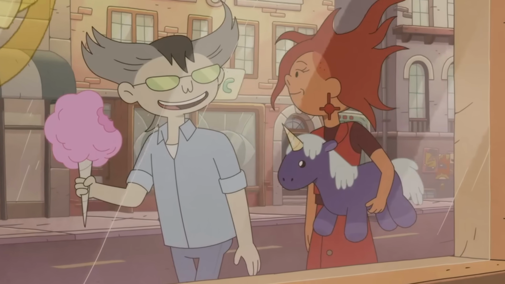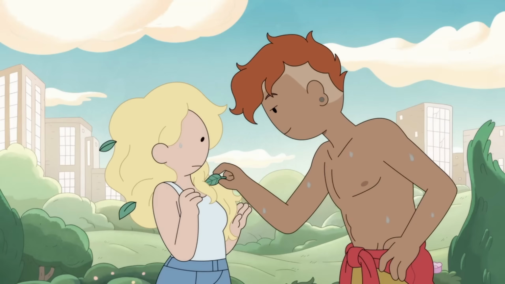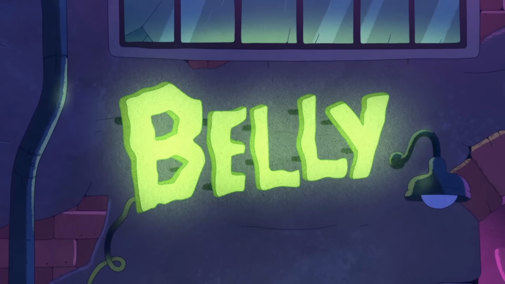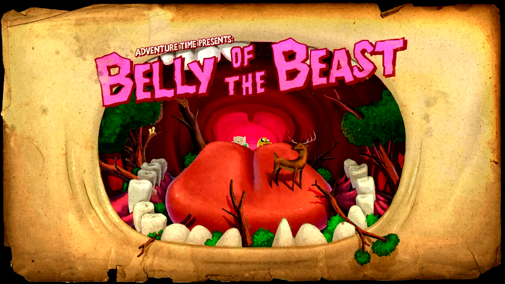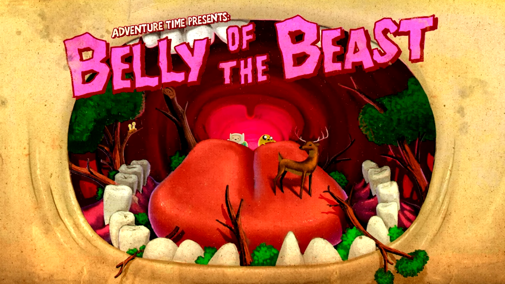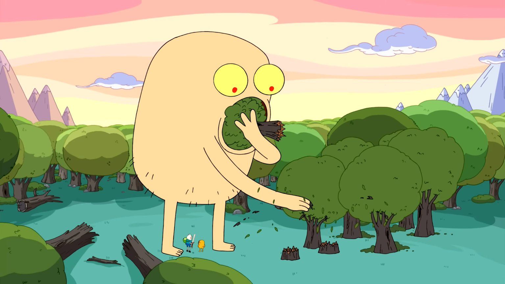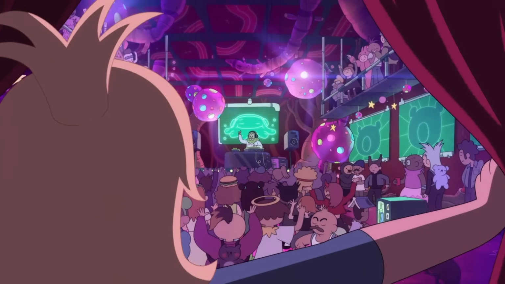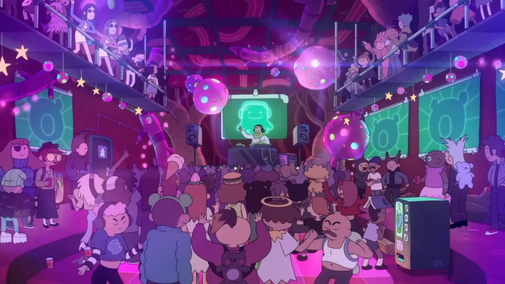Speaking of spicy moments, they're going clubbing, and as we know from earlier, they are going to DJ Flame's set at the belly. Now, what is the belly? Well, if you remember back to the original Adventure Time series in season 2, episode 21, Belly of the Beast, inside the belly of the beast is a massive rave going on. And sure enough, inside of the belly, a massive club with a lot of people who you could say are